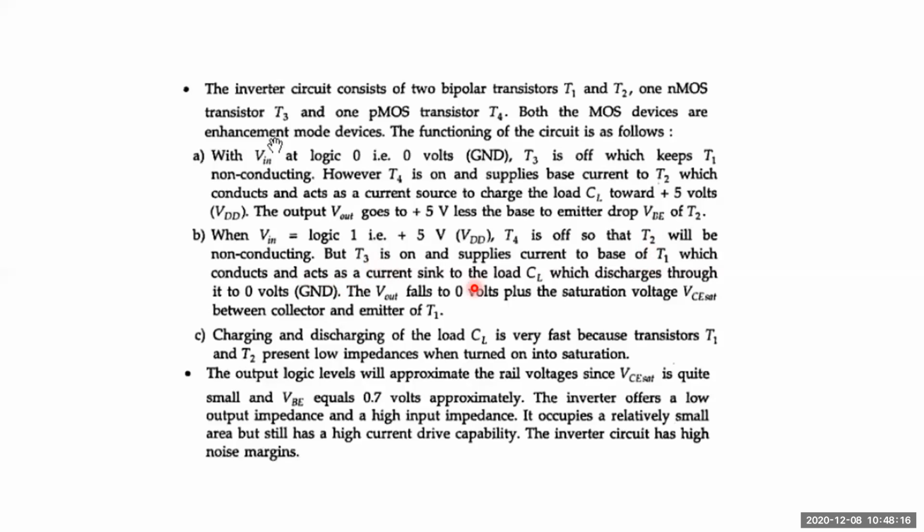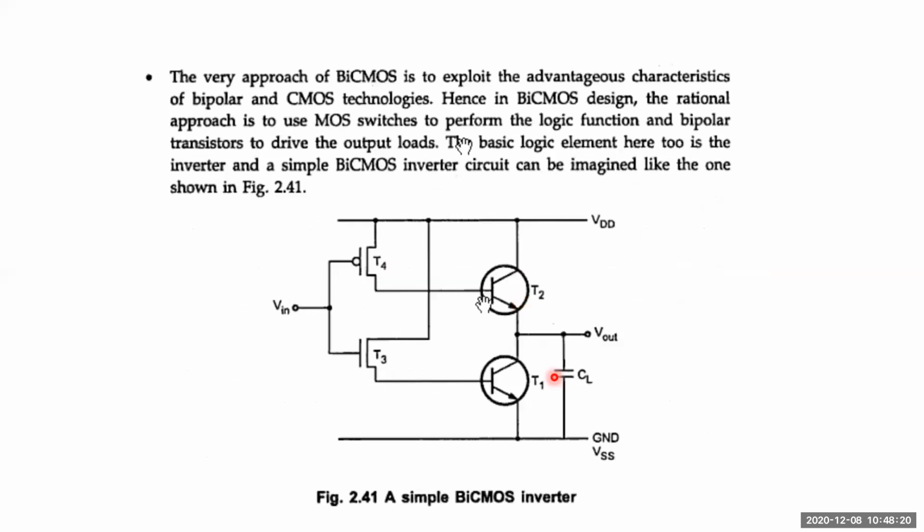Why does it act as a current sink? Because whatever charge is stored in the capacitor at the output part will be completely sunk to the ground terminal, which means your charges will be discharged to the ground terminal. If charge is discharging, what does that mean? Your current is flowing, and that current is getting sunk to the ground. Sinking of the current is taking place. That's why this particular transistor will act as a current sink transistor,